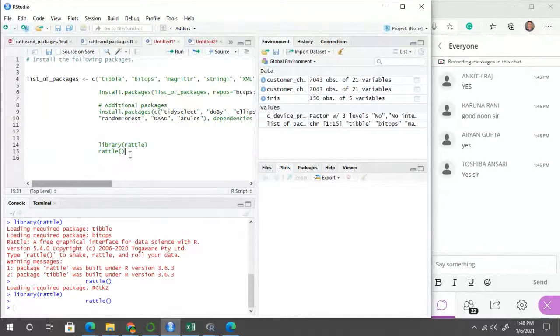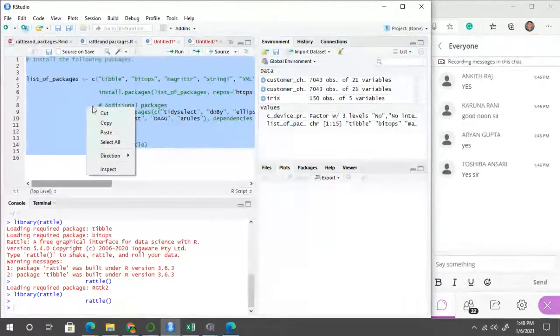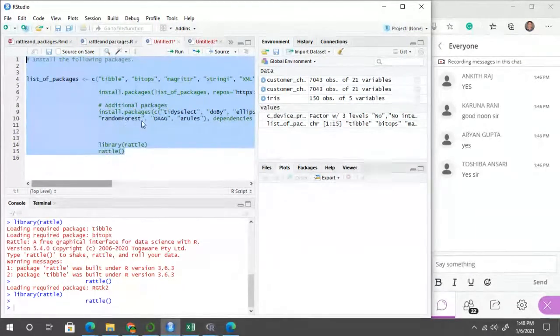In this particular RStudio, you have to install R and the Rattle package. For that, we have to use this additional installation for the packages. I have shared this package list with you in your chat in the last session.